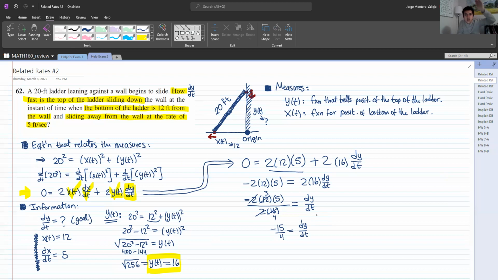So the change is negative. And that is reflected here with this result that we got, right? dy/dt is a negative number. Okay, so our answer